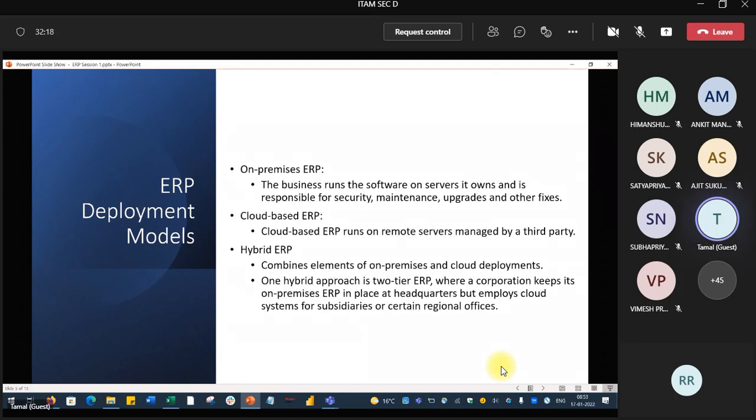Now we see the cloud again. Previously, when I started, there was no cloud, nothing. You had big Unix-based servers where the databases resided. Oracle was the major piece of the backend, Oracle and DB2 at that point of time. Those types of days are gone. So we started with on-premise ERP.